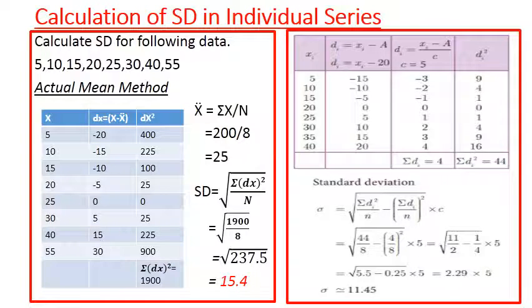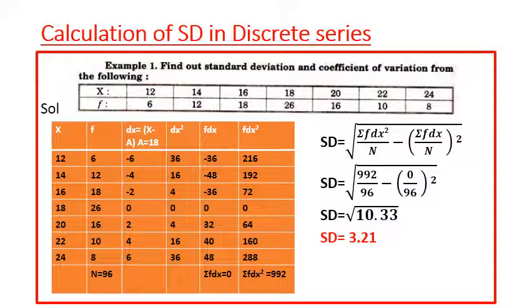You can use the step deviation method, or you can use this second panel. It shows the calculation of standard deviation by using the assumed mean method. In the assumed mean method, you can go for this step deviation method as well to simplify your calculations. Because if you take the square of 15, it will be 225. But after taking the common value, it is 3, and the square of 3 is 9. So you will minimize your calculation. That is why we use the step deviation method.